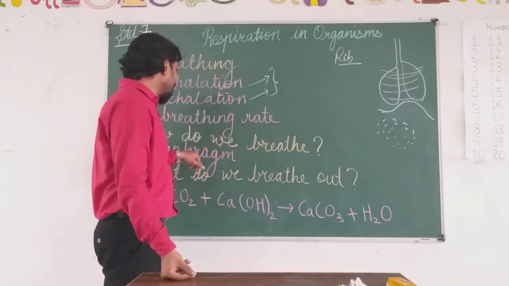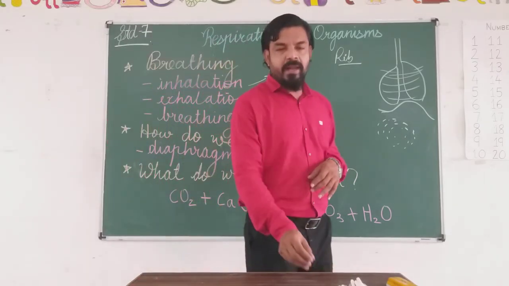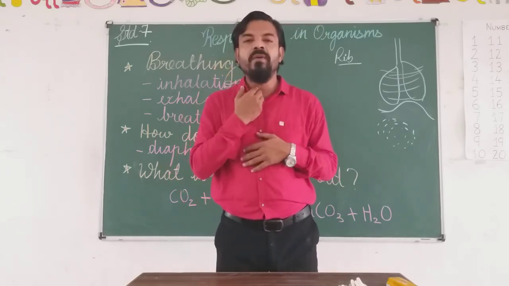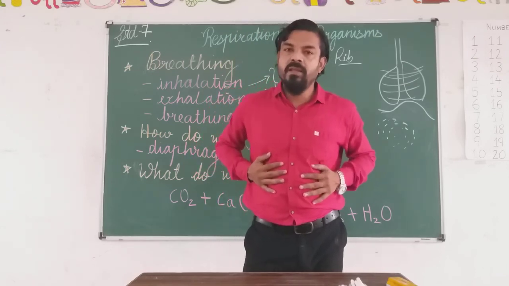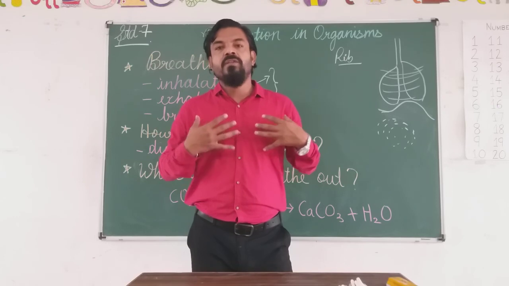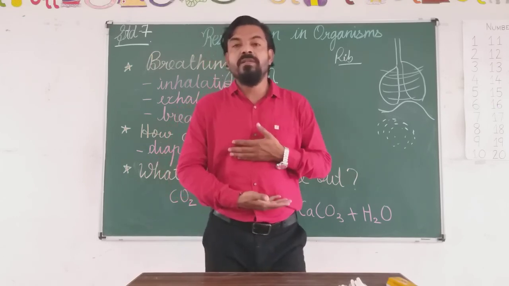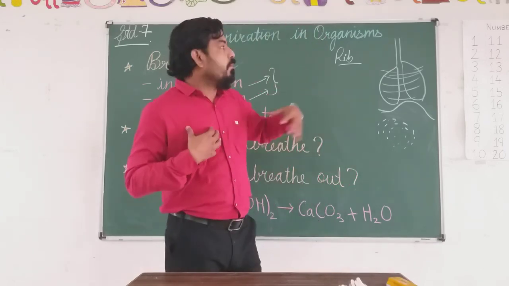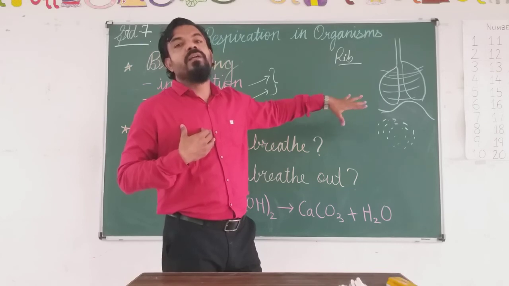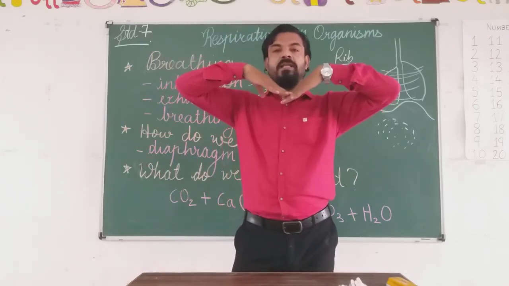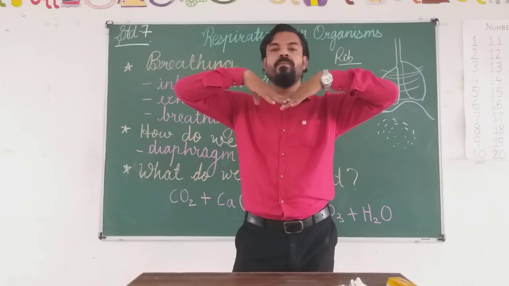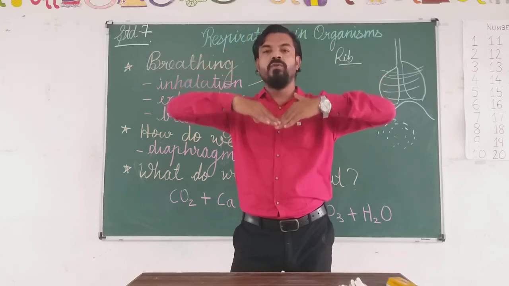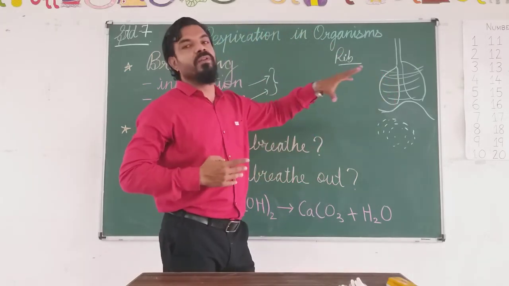So how do we breathe? There is a nasal cavity, windpipe, and your lungs that help in breathing. Then you have the chest cavity, with muscle, and the diaphragm is made of muscle, which helps in breathing in and breathing out. See, the diaphragm is made like this. When you breathe in and breathe out, it moves like this, upward and downward, upward and downward.